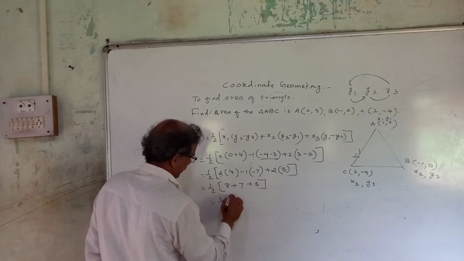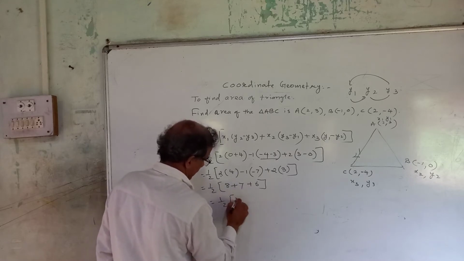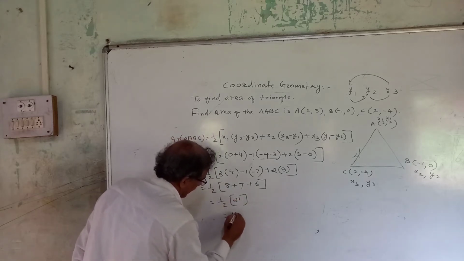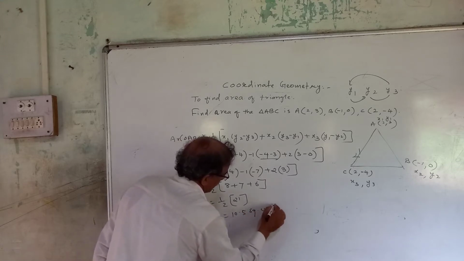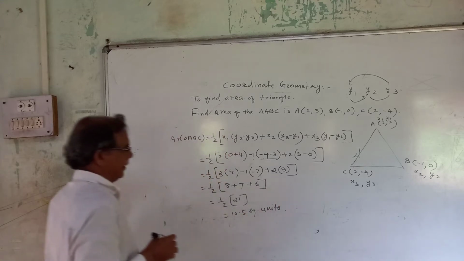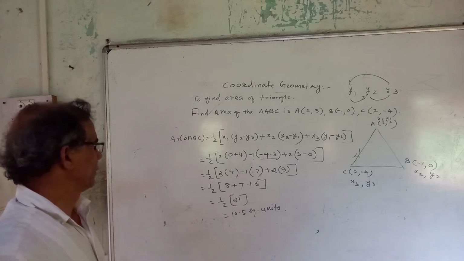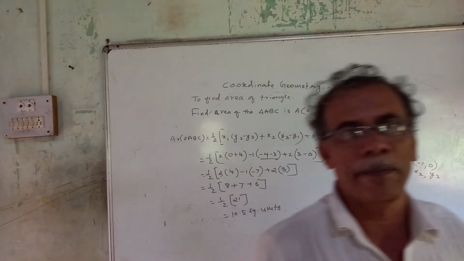That is half into 7 and 8, 15, plus 6, 21. So half into 21, that is 10.5 square units. You have to write square units, area of the triangle. Okay. So this is how you have to find the area of a triangle